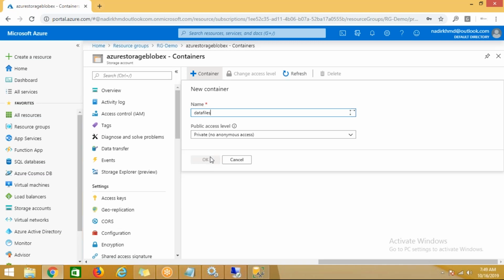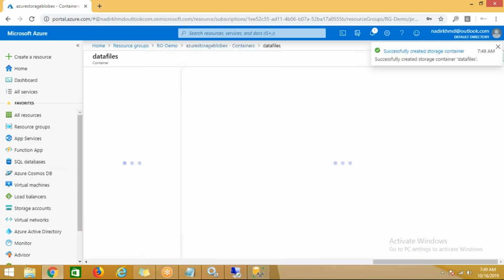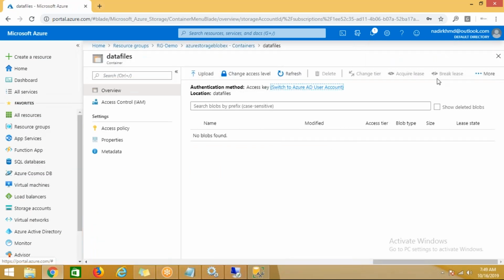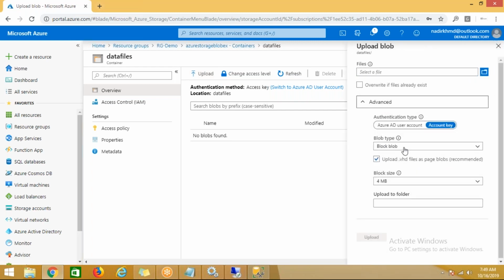I'll just go for private. I'll try to upload some files here. Upload here. Then you're shown block size here, right? Block size MB. So this is built on top of Hadoop. So you need to tell Hadoop